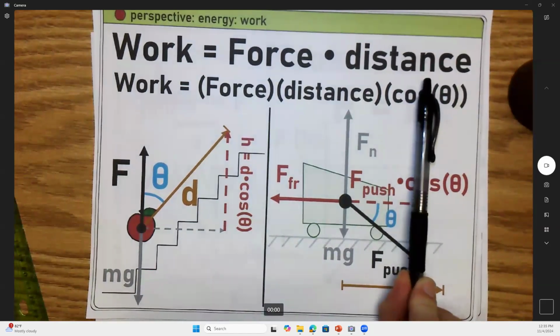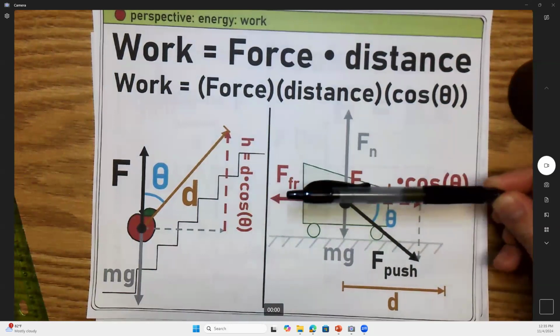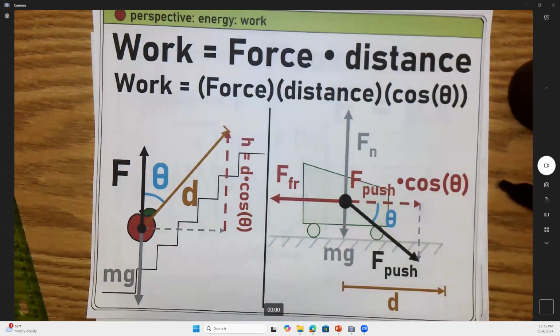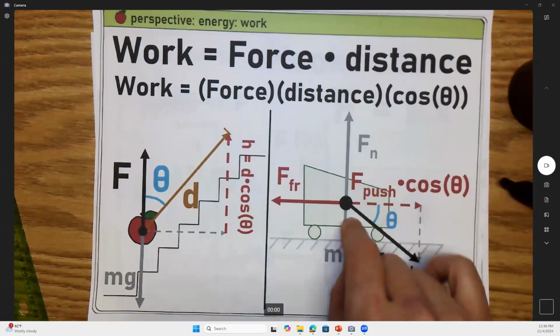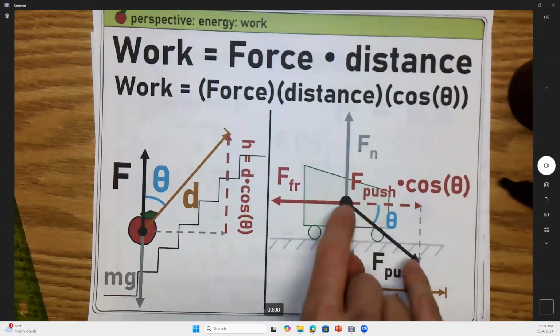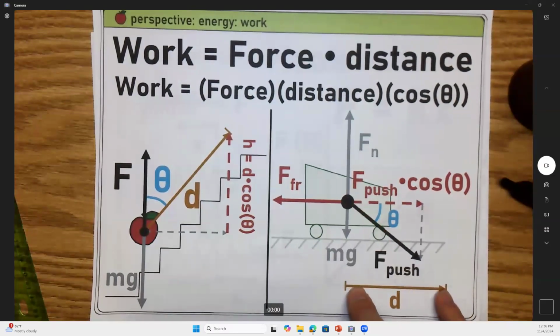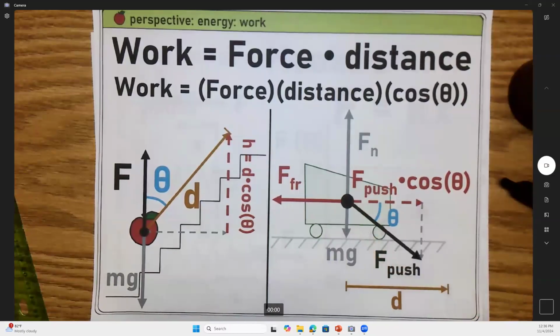No. Only the forward component is actually moving it forward. So that's all that counts for the energy transfer, right? That's force times cosine theta, where theta is the angle between the force and the distance moved. It is moving forward this time, right? So the only energy that gets transferred, the only work I'm doing on the shopping cart, is F D cosine theta.